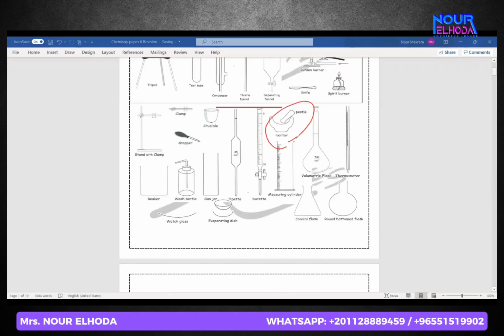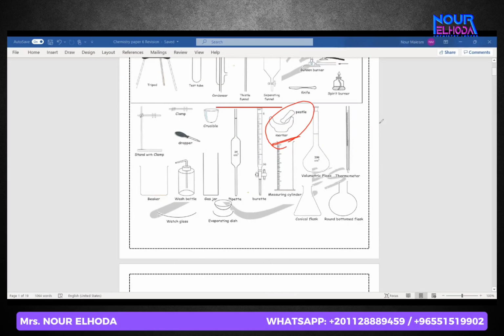Next. What about the pestle and mortar? Pestle and mortar, we usually use it if I want to crush or grind any rock. For example, if I'm having a rock made of sand and I want to separate the sand from water. That's good, Abdullah. The pestle and mortar, usually we use it in crushing. It looks like the one we have in the kitchen. Your mother usually uses the same kind of pestle and mortar for garlic, if they want to grind it into small pieces. Yes, that's true.